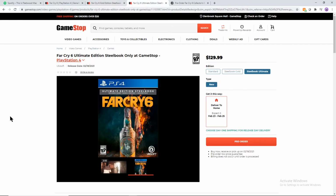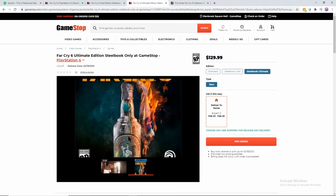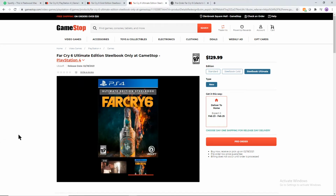So here is the Ultimate Edition Steelbook, which you can actually see has a different cover. It has that Molotov kind of going on, which is pretty cool and looks pretty dope considering what kind of